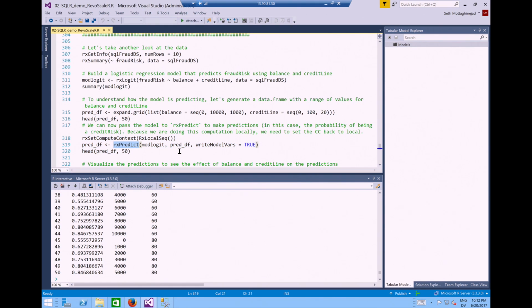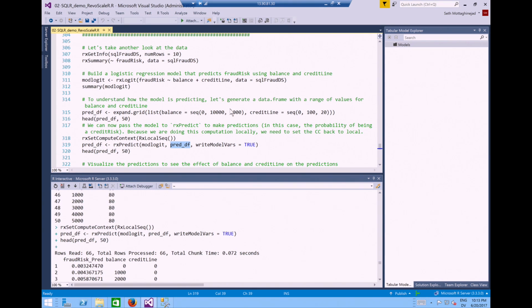If you remember the last talk, which all of you do, that would be the Score Model function module. Rxpredict is going to take a data set and a model object. The model object is modlogit. The data set is preddf in this case. And it's going to give us the probability of a fraudulent transaction.